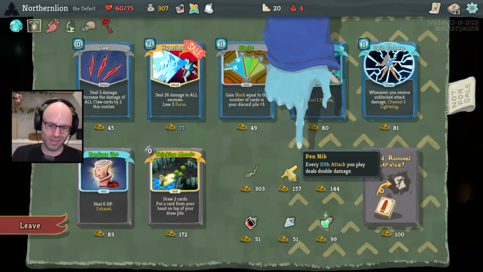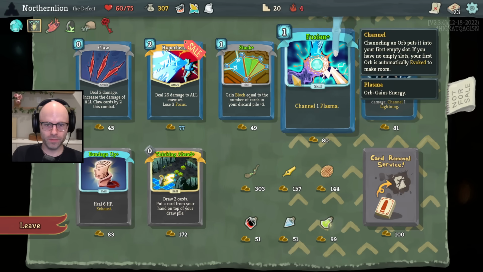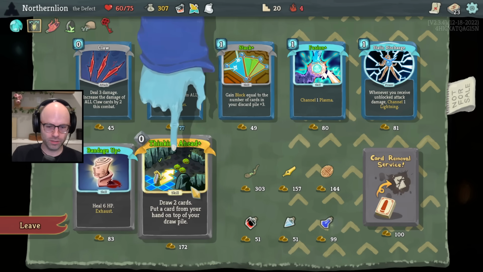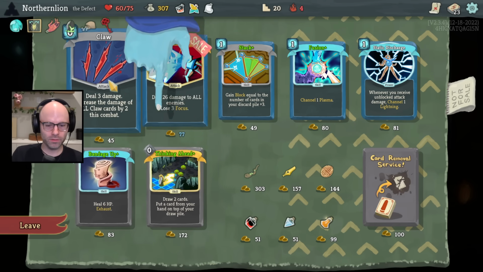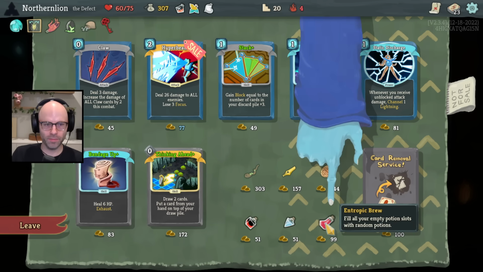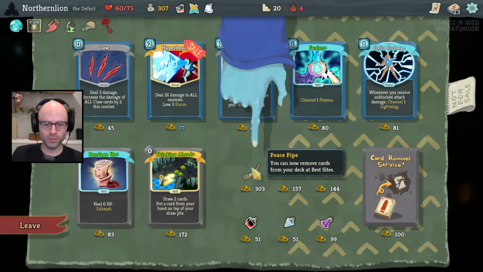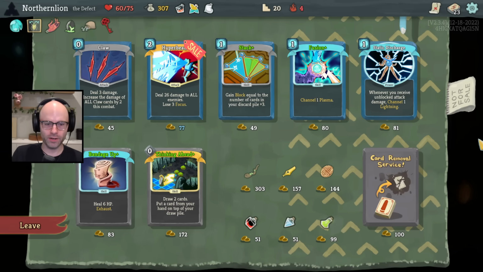Not great. Not really what we need, but I wouldn't turn up my nose at it. Now, honestly, I don't evaluate the colorless cards very well, so I don't know what to think about that. I was going to say I want to save some money to remove cards, but if we can just remove cards at a campfire instead...